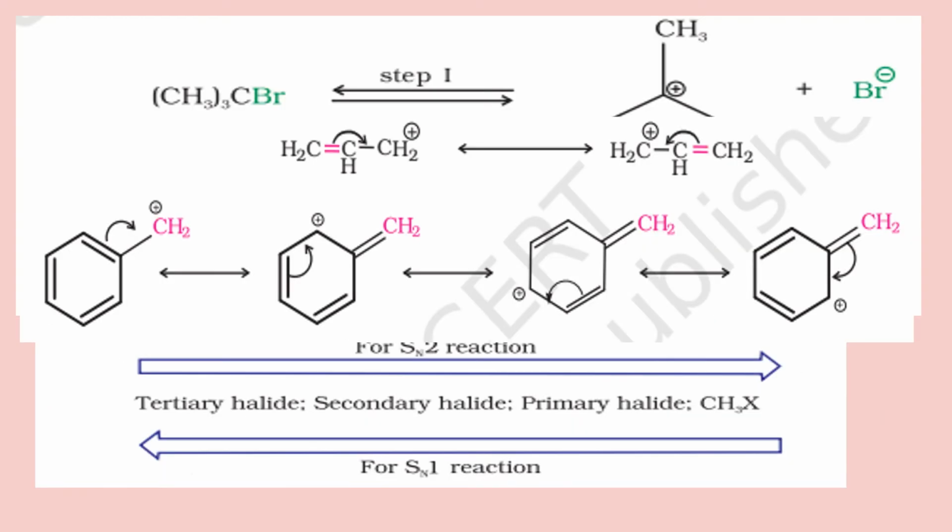But here it follows two steps. And the first step is the rate determining step, which tells you the speed of the reaction. Wherever you have SN2, there is 2 in the name of the mechanism, it has only one step because the intermediate or transition state cannot be separated, isolated. That's quite unstable. So we consider the whole reaction a single step. And in SN1, where there is 1 in the name, we have 2 steps.